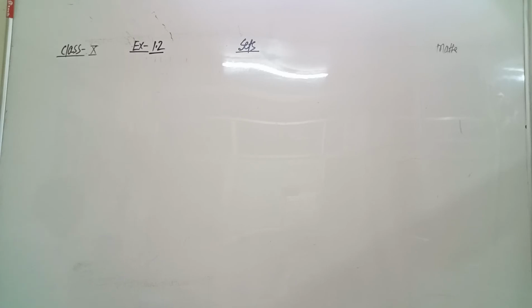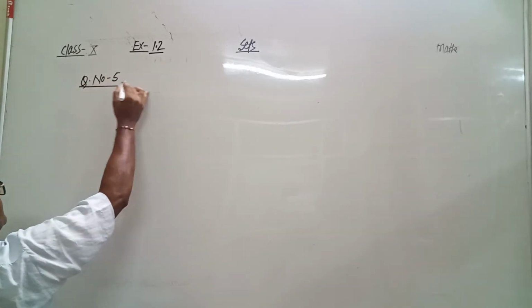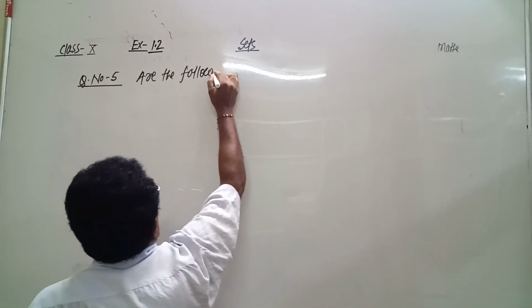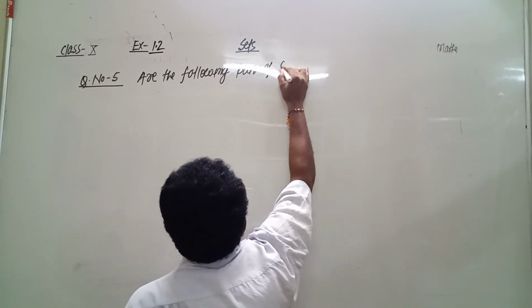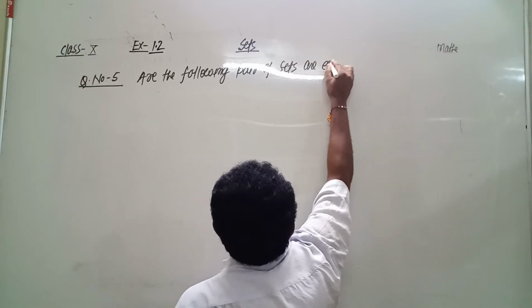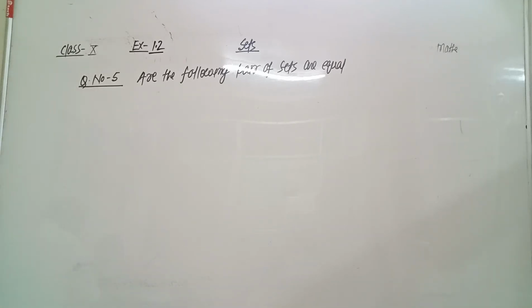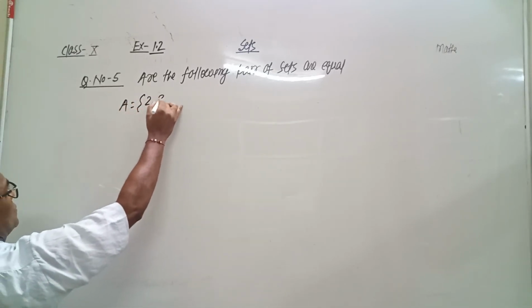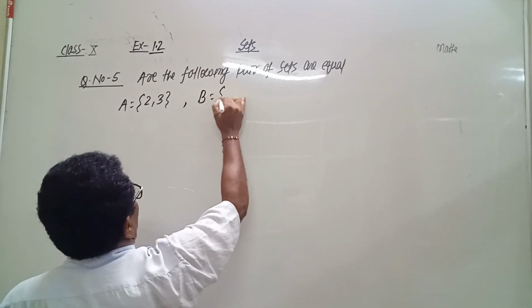The set A equals {2, 3} and set B equals {x such that x is a solution of